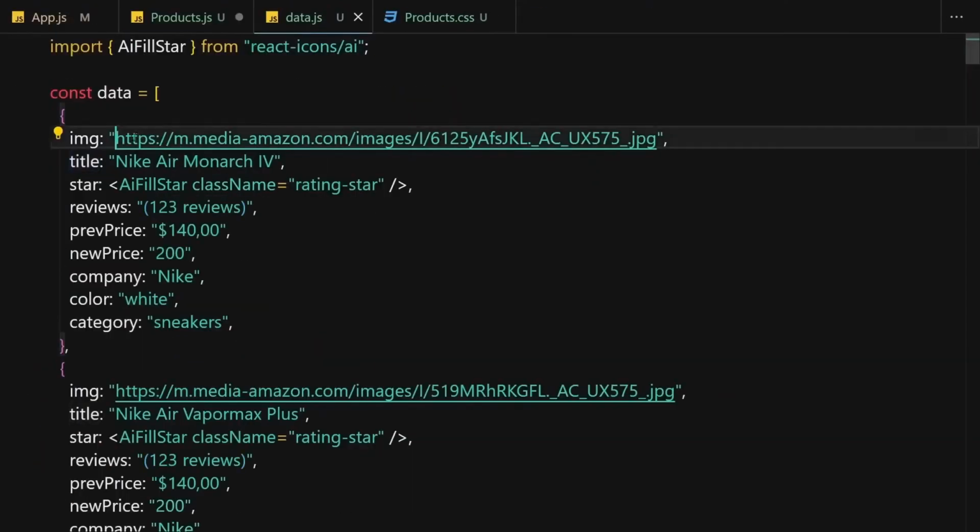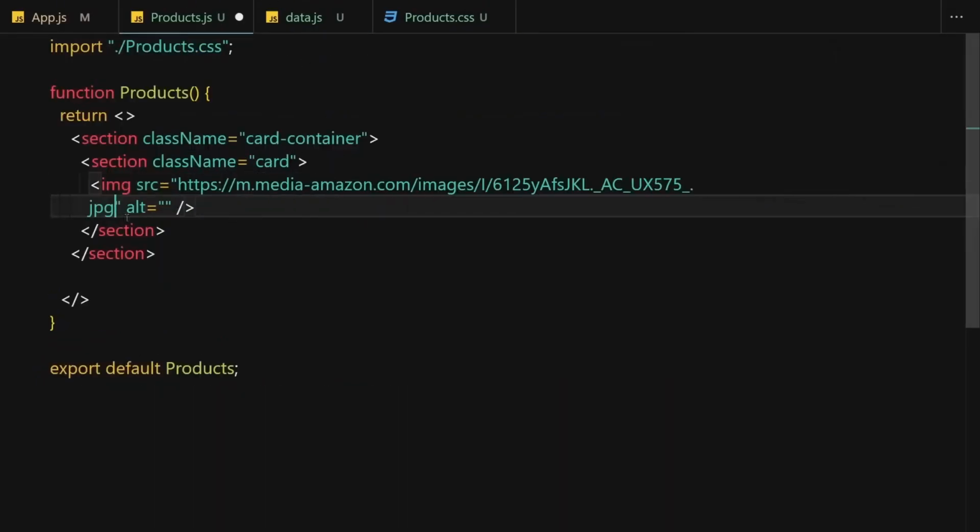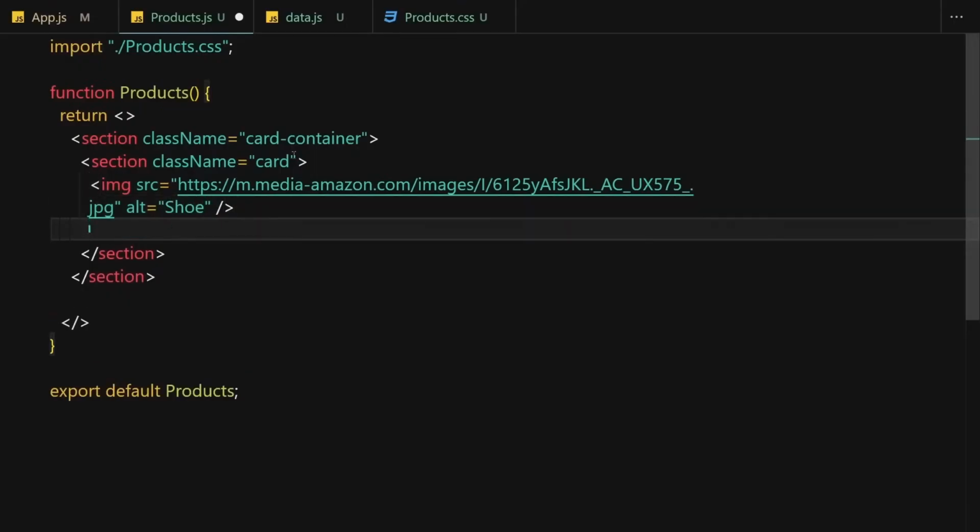My database, my DB file. So I'm going to copy this image from here and place that image right here. As alternative text I'm going to write shoe. And now underneath that, what do we have to do? We also have to create a card